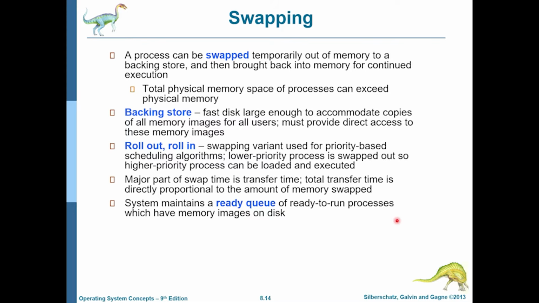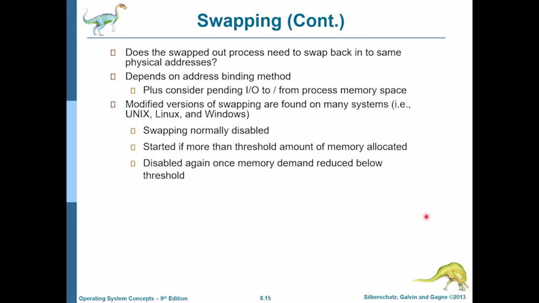If that process is ready to run and the scheduler wants to schedule it, then you can bring that process from the backing store, that is your hard drive, or what we used to call the speedier memory, back into your main memory, and then the process can start running. There are some challenges associated with swapping.